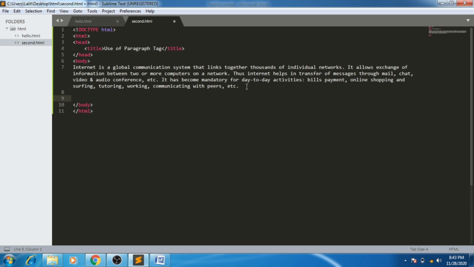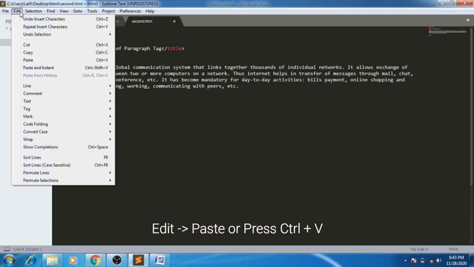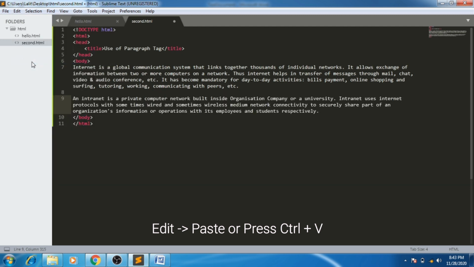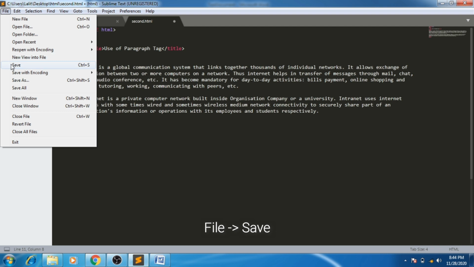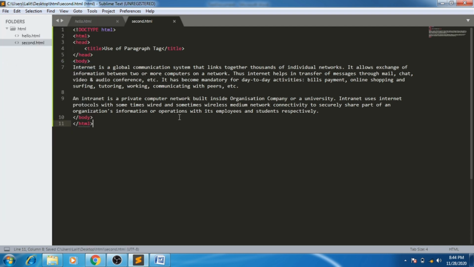I give an enter after first paragraph and paste it by pressing Ctrl V or select Edit Paste option. Then save the file, File menu, Save option. Now go to browser.